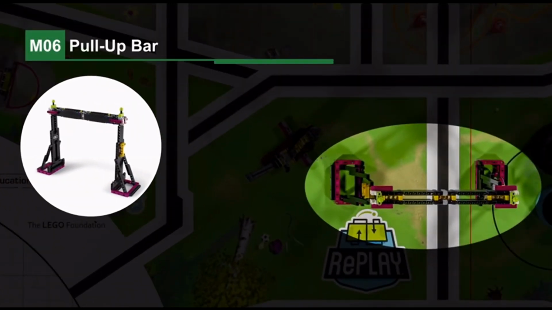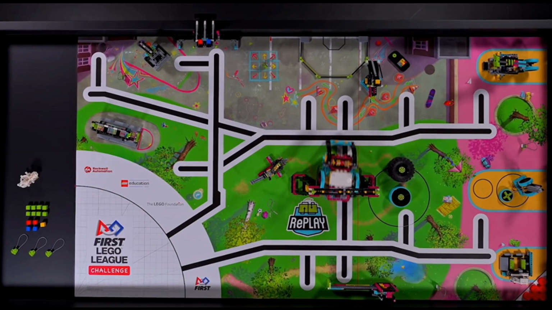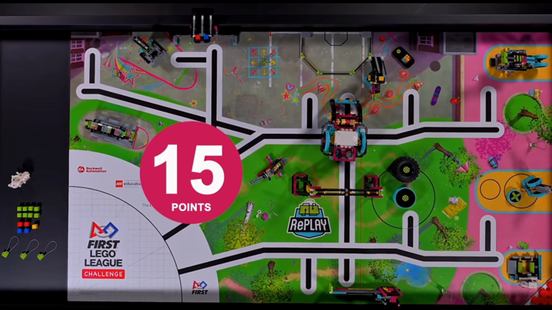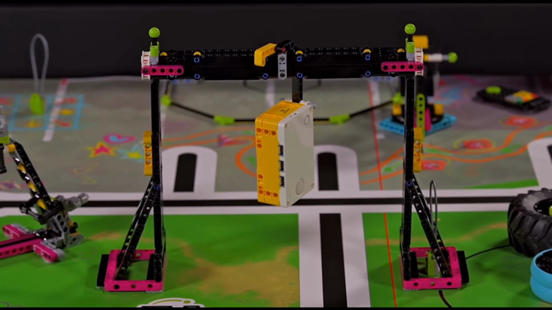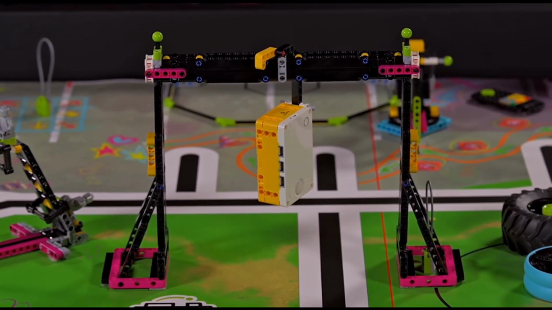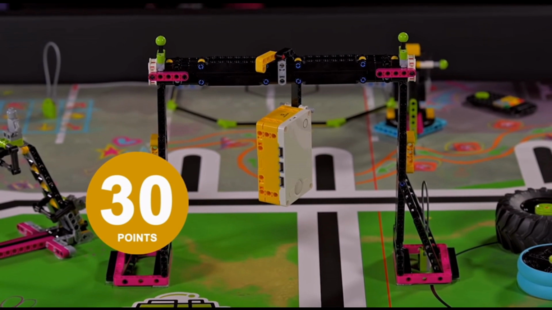Mission 6, pull-up bar. The robot passes completely under the bar in either direction and later comes back and lifts itself off the mat at the end of the match. Nobody did that. That was hard, because robots are not good at doing pull-ups, but